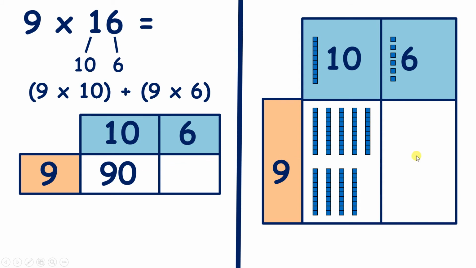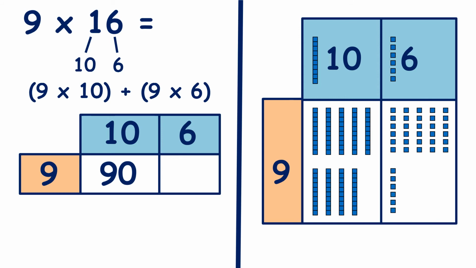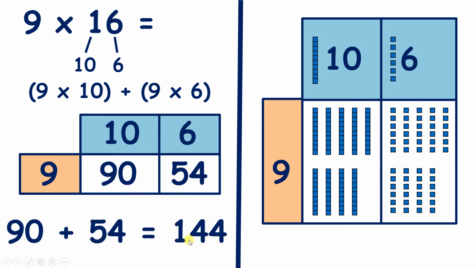And now, if we have 9 times 6, we have 6, 12, 18, 24, 30, 36, 42, 48, 54. So 9 times 6 is 54. So now we need to add 90 and 54. And that gives us